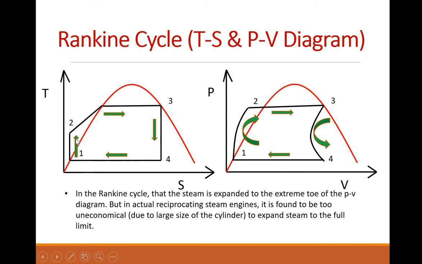So when we are moving from 1 to 2, that means we are moving water from the pump to the boiler. So we are gradually increasing the pressure. See here, in the pressure versus volume diagram, the pressure is gradually increased, and hence also the temperature. Once it reaches the boiler, we make sure of the isobaric heat addition process, right? So here we make sure the pressure remains constant.